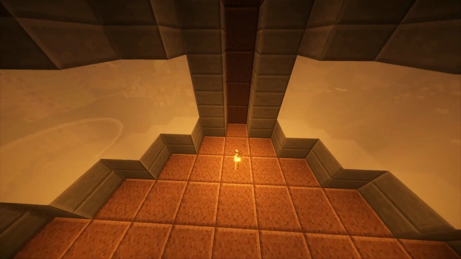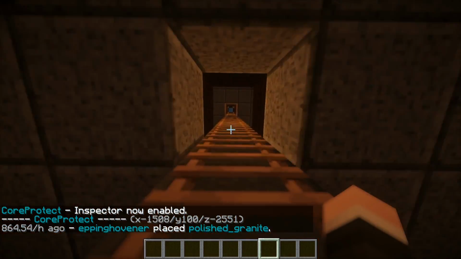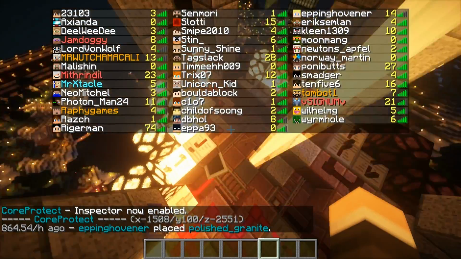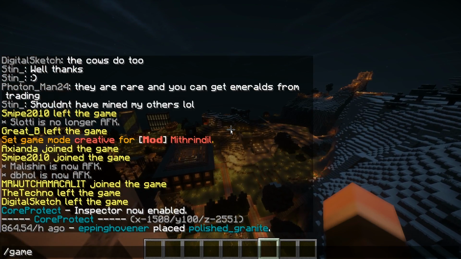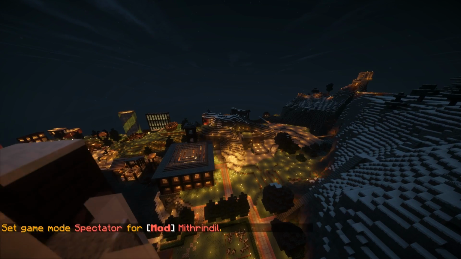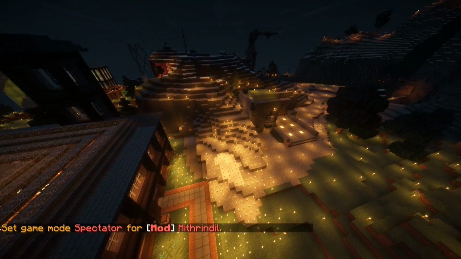You know what? Why don't I use some of my moderating powers to see who built this? Epping Hovner. Wow, yeah, he's another one of the regulars in the server. And is he online at the moment? Yes, he is. With 14 deaths, which is a lot better than my 23 deaths. So if I hop back into Game Mode 3, was that what I was saying? Yeah, probably. So people don't think I'm spawning stuff in, which, in my opinion, just ruins the fun of the